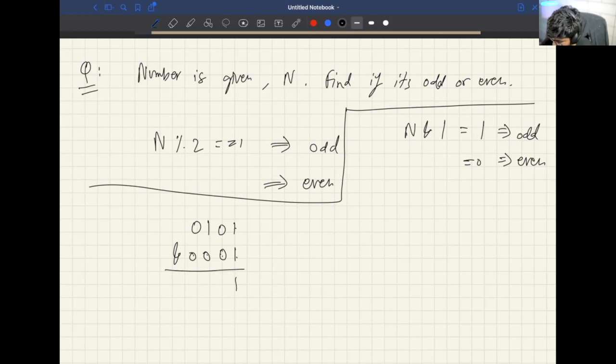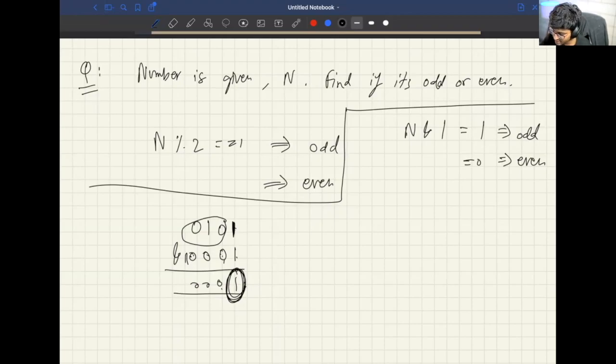And you know that since this is 0, it does not matter what comes over here, because this entire thing will be 0 because here we have 0. So anything AND with 0 gives 0. So the only thing we need to consider is what this bit is. This bit is going to be 1 if this last digit is 1, and it is going to be 0 if this last digit is 0.